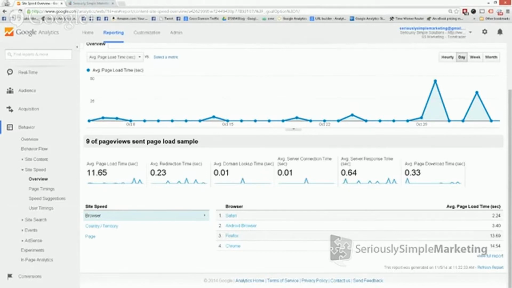We have it in our case because we also use other tools. Pingdom has a great speed tool set that we use. But in this case, you can get an analytics view of what's going on, and you can see if there's any issues. So it's done a little sample size, right? It's got these little 9, and it's told us here's what's happening with the different browsers.